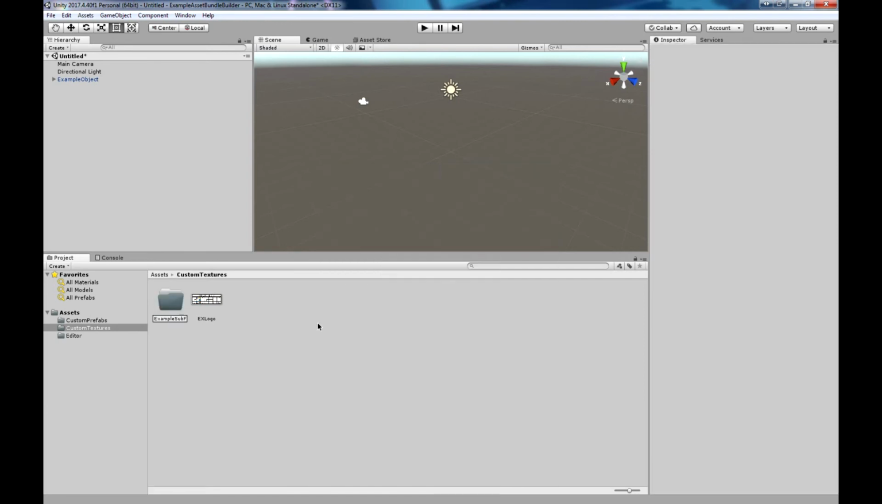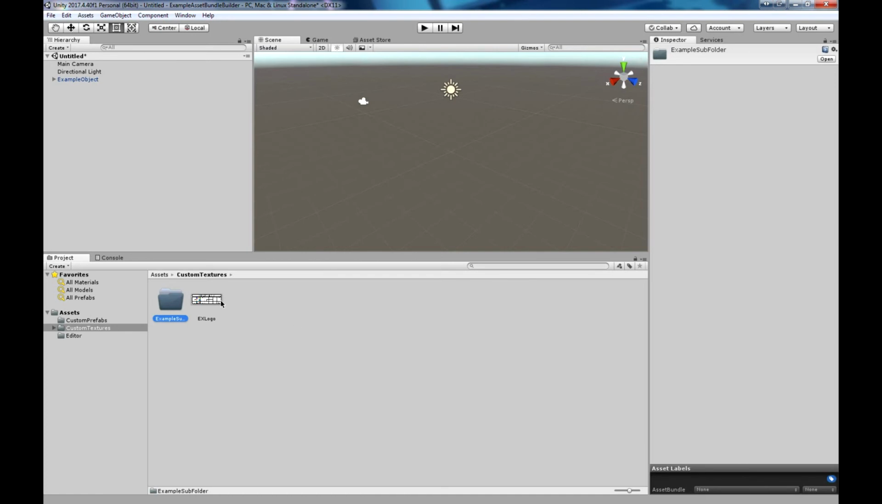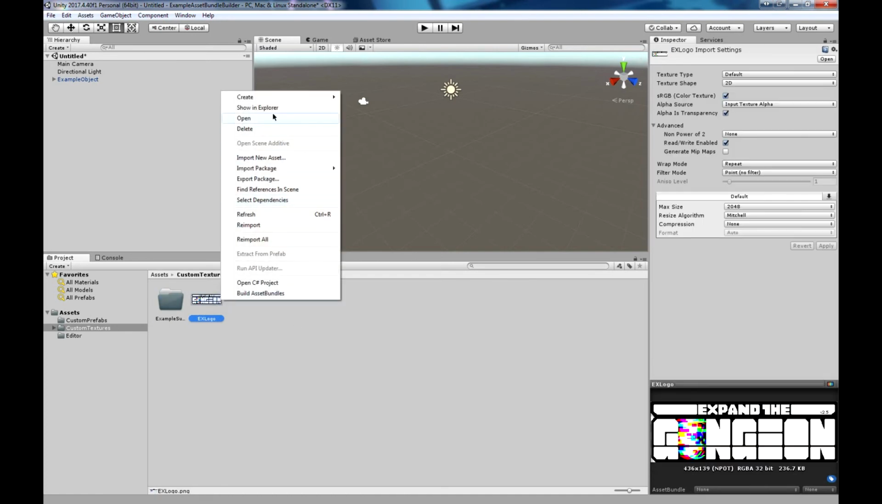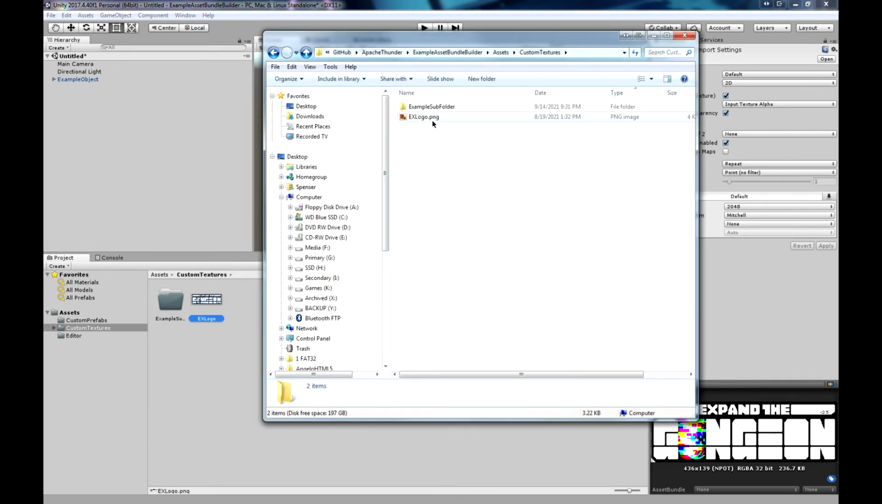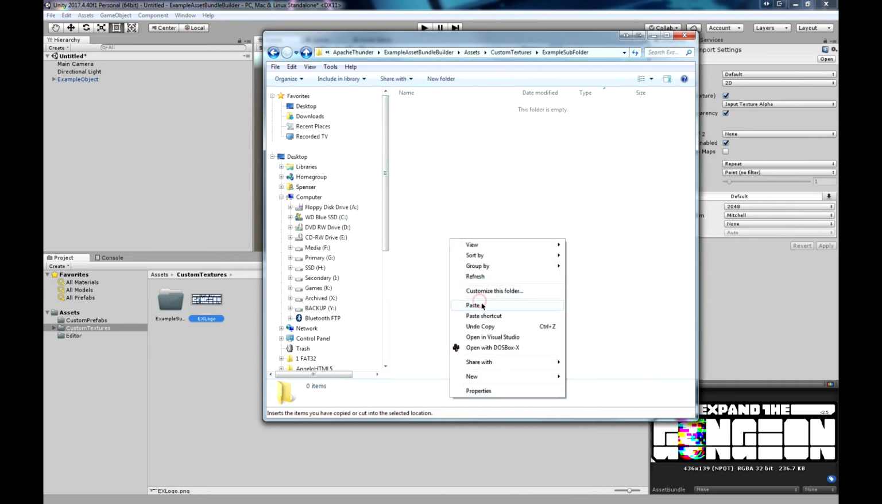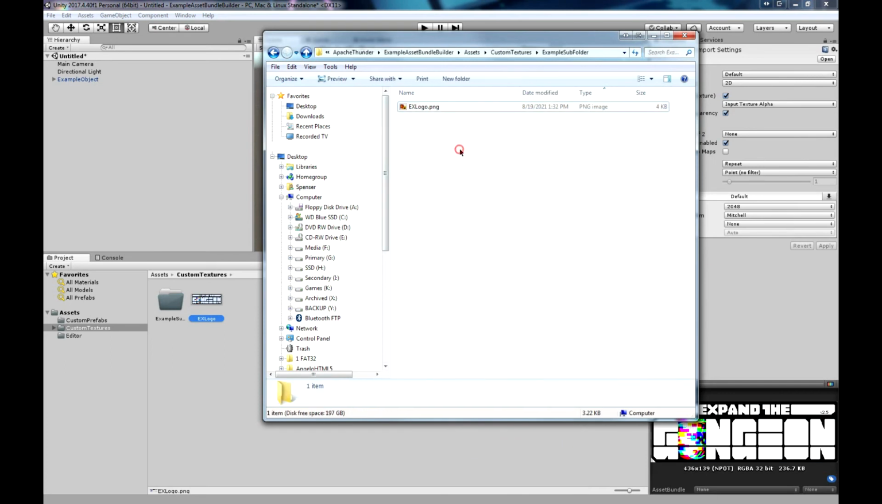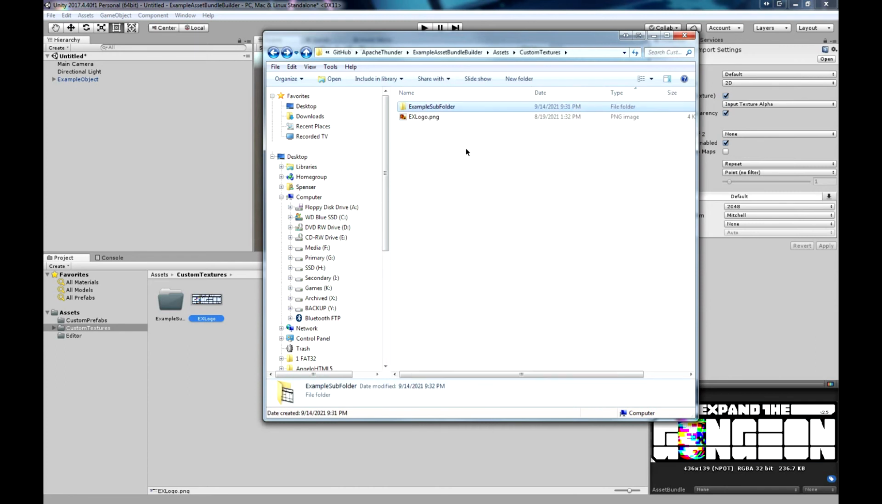Example subfolder. And you can create a copy of this. Let's create a copy of this as an example. This is easier to do in Windows Explorer than in the editor, so I'll do it in the editor. In Windows Explorer, I mean, I'll paste a copy here. Now you can have an asset with the same name in a subfolder, but I would not recommend doing that